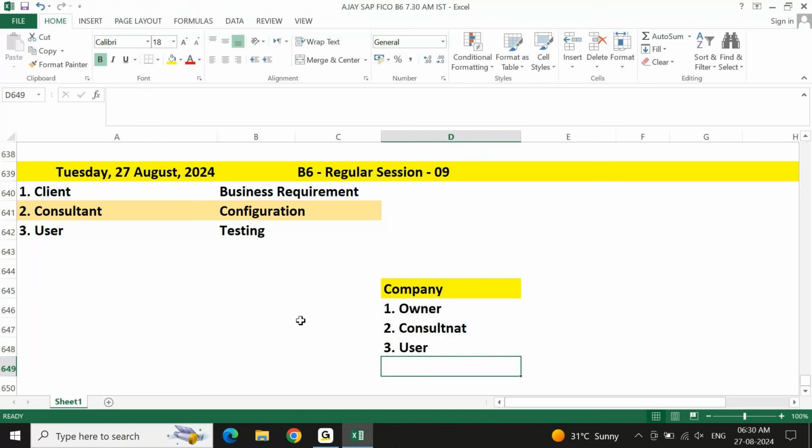When I say from the user point of view, I mean how you are going to work as a user. Every user wants to work fast. They want to complete their task quickly. They don't want to put in a lot of manual effort. Let's say I am working in the business as a data entry operator, and my duty is to make sure every day I punch 100 documents. Now, if every document takes 3 or 4 minutes, and there are a lot of errors while posting the document, I'm not happy as a user.